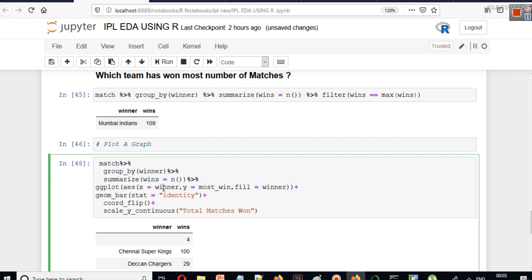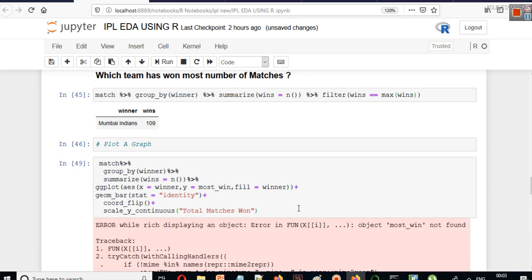X is winner, y is most wins and fill is also winner. Using a plus sign we can concatenate it with geom bar where stat is identity, coord flip, plus scale y continuous and total matches won. So this is a way of writing the ggplot, and let's see the answer here.